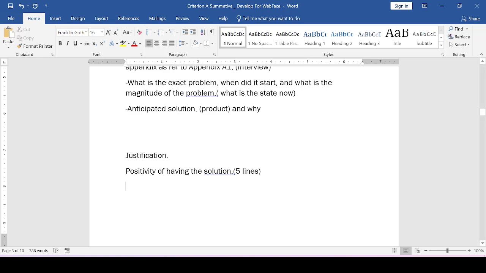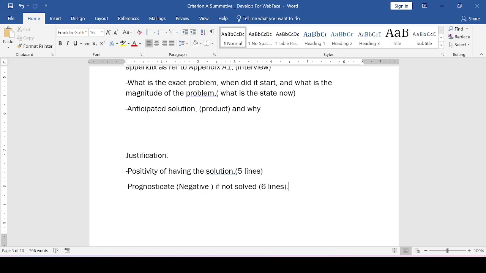Then another part here under justification is prognosticate, which implies a negative side. Negative if not solved. Also, this is creativity. 6 lines. You have done research and you have found that there is a challenge affecting that enterprise or that business. Now, from the statistical data you have way back from 2020 up to 2024,